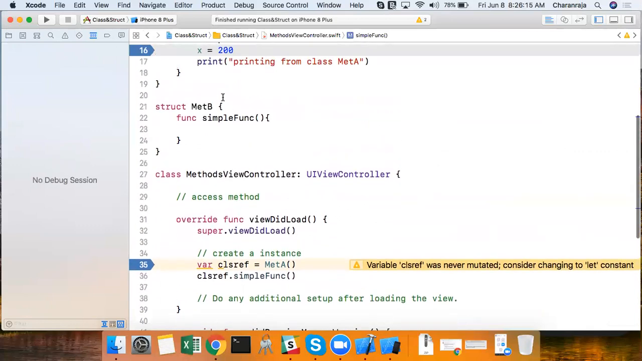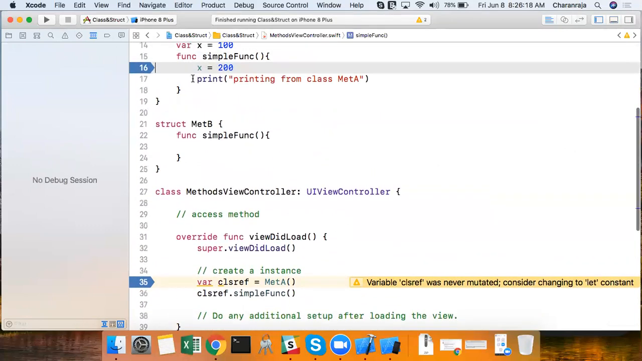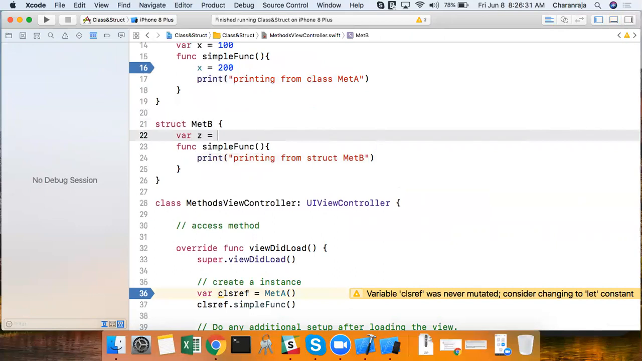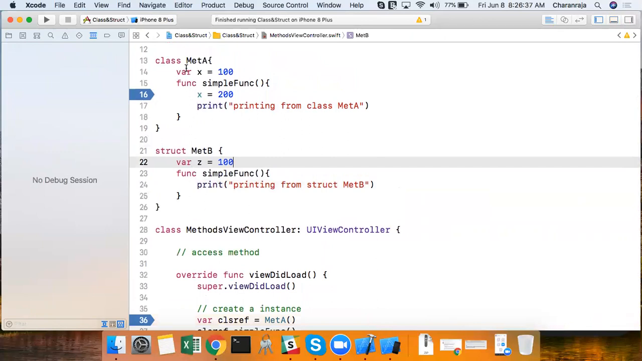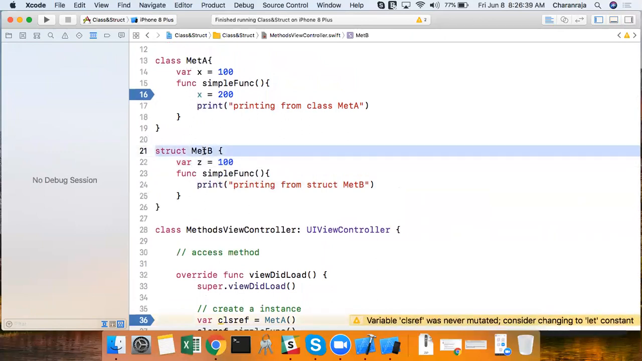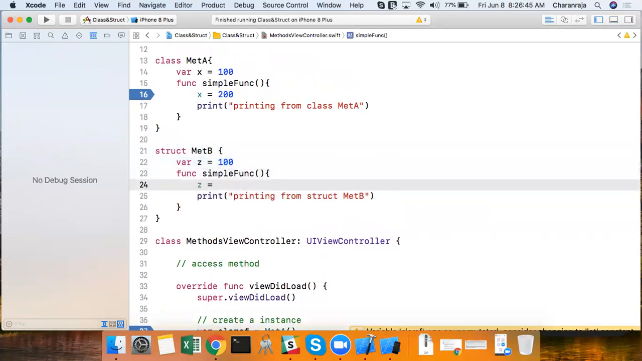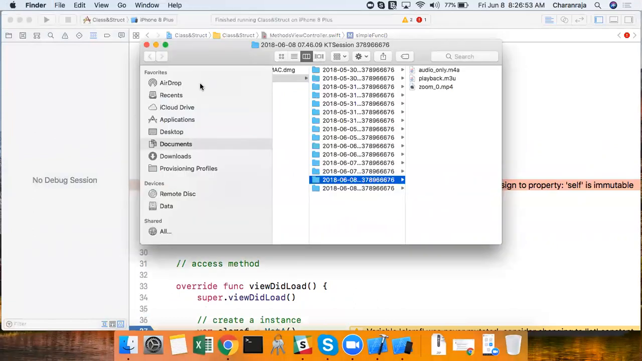Now the same thing we will implement for the structure also. I'll create a variable, but here there is a slight difference in implementing a function from the class and from the structure. So what is the simple difference? I have a variable here, I am updating the value here the same way I have implemented it here, but my structure